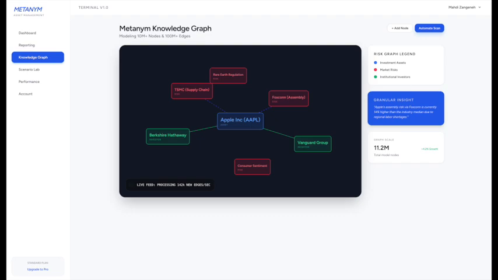Now, this is a very, very small snapshot of what is doable with the knowledge graph. A double-edged sword of what we have here, again, is over 10 million nodes, over 100 million edges. There is not a practical way of visualizing all of the risk intelligence inside the knowledge graph. At the same time, while that makes it very challenging to work with, that makes it extremely powerful when you're able to drill down into the granular levels of understanding